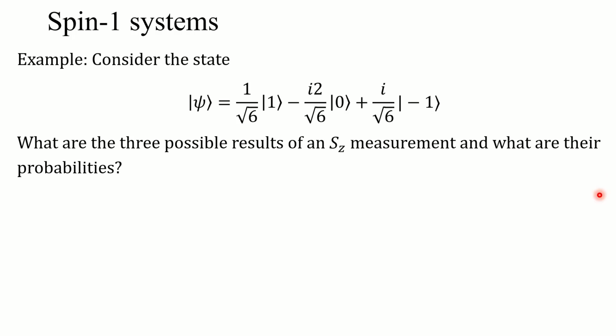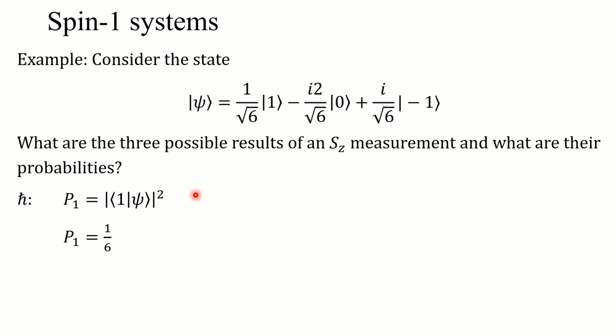And you could ask, well, what are the 3 possible measurement results of an S sub z measurement, and what are their probabilities? Well, the possible measurements are the eigenvalues of that S sub z operator, the first one being ħ for the spin 1 state, and the probability from postulate 4 is the inner product of the measured outcome state with the state you were measuring, all squared. If we look at the inner product of 1 with this whole state, the 1 and 0 are orthogonal, so that term would be 0. 1 and -1 are orthogonal, so that term would be 0. And we'd be left with just this coefficient, the magnitude of it squared,